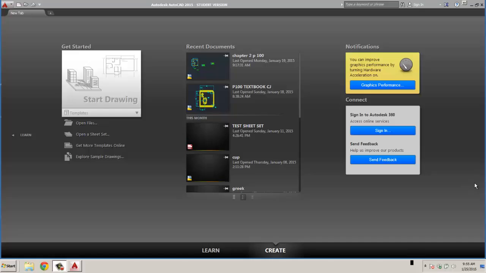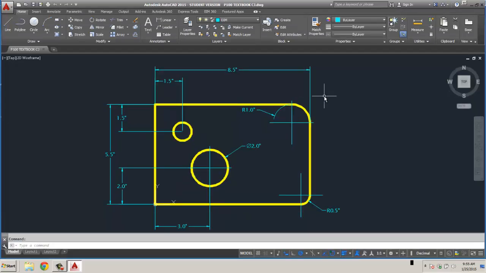Okay, I thought for this video lecture we're going to talk about the basics of two-dimensional drawing, and this will be going through chapter 3 of your textbook, so you probably want to have that out and open. I'm going to go ahead and open up this little textbook drawing that we did before, and we'll use